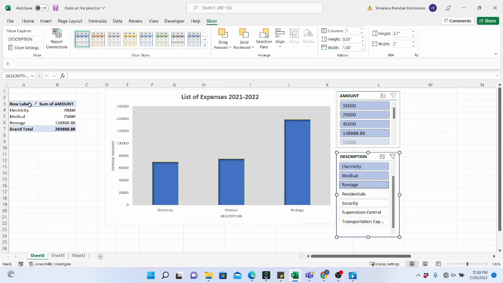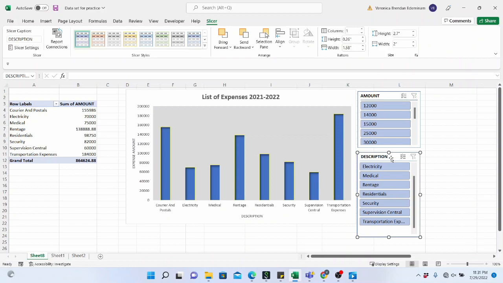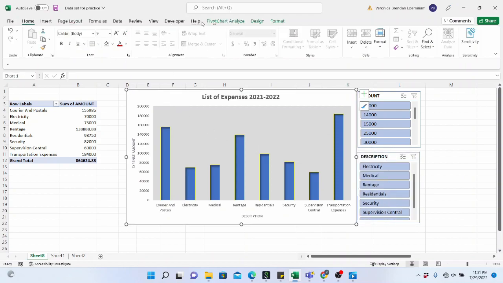And we can also see that even the pivot table is showing us only what was selected on the slicer. So these are the interesting things that you can do with slicers, right? And then you can clear the slicer filters just by clicking on this button, clear filter. And then we have our data back to the way it was. So I'm just going to adjust this a little bit, okay? And the next important